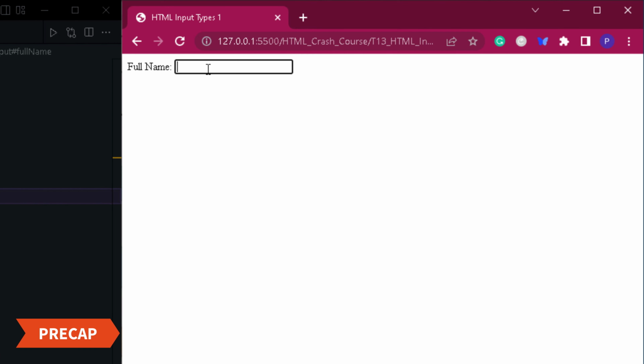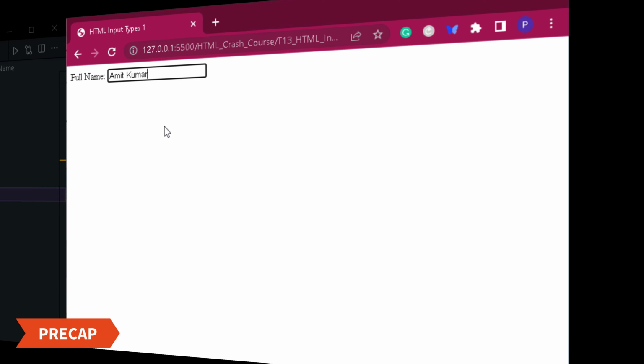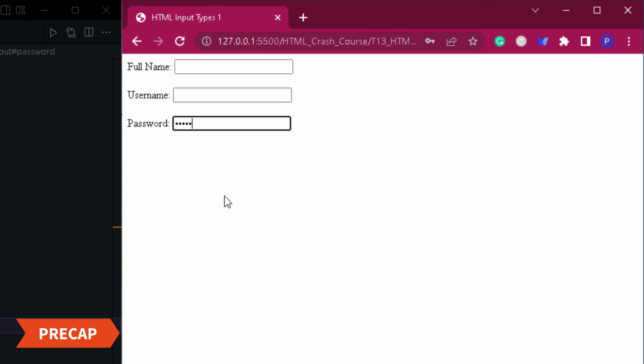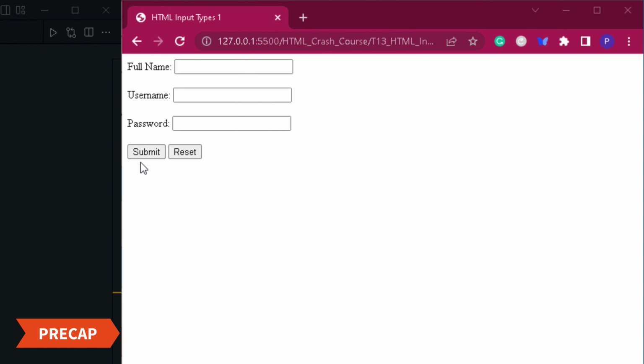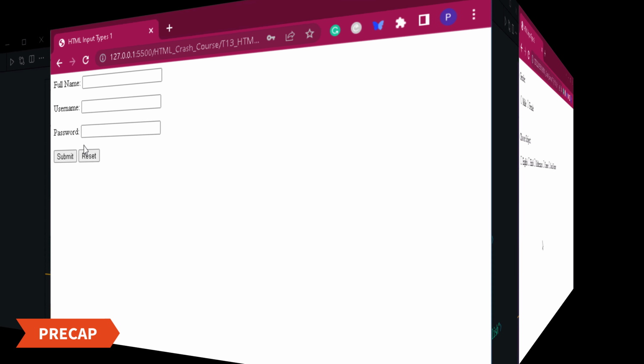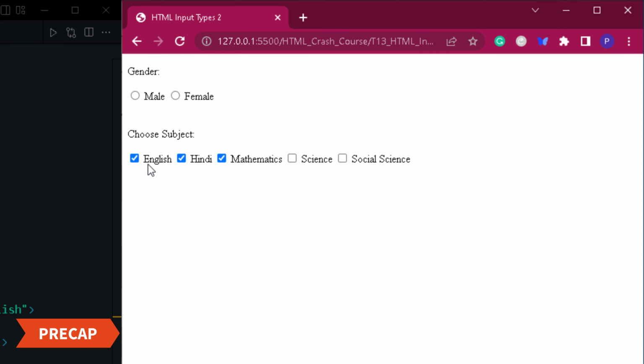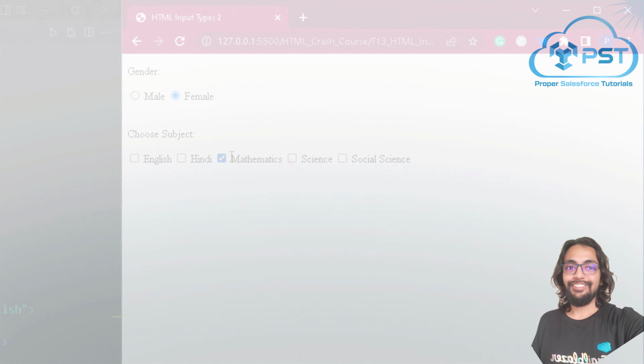So here's the input text type in which we can certainly enter a certain kind of text, and whatsoever you are going to enter will not be shown to the user. You can easily find a submit and reset button over here. Now the reset button is useful when you click on it, it's going to reset the values of the input type. Add checkboxes and how you can add a radio button. The point of caution